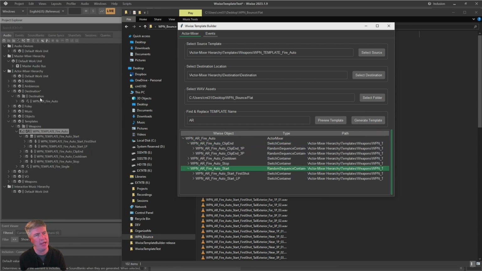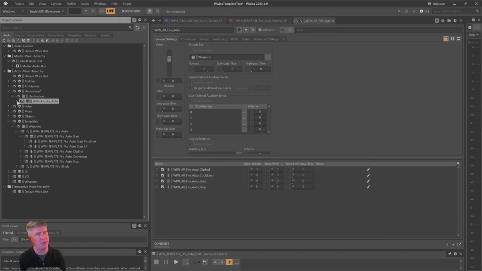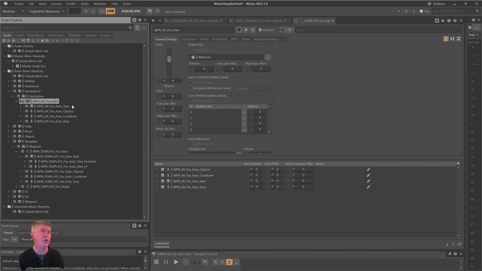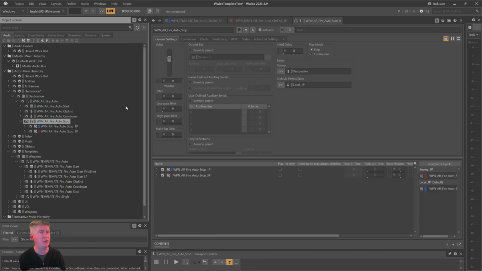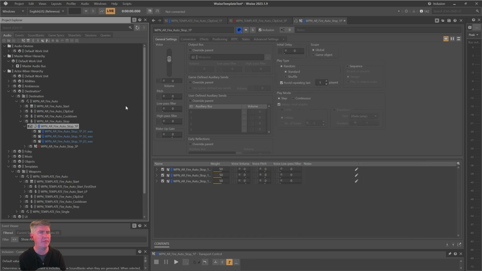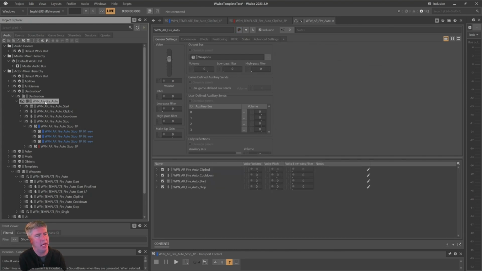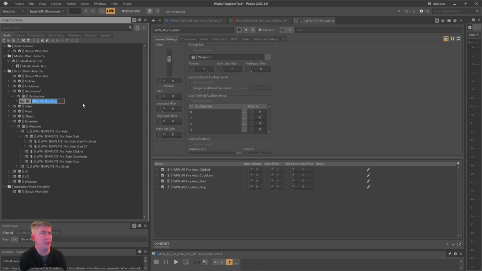And when we do that, if we look now over in this destination folder, we will see magically that our template has been moved over. The template string has been changed for the new weapon that it is. And if I navigate into the new actor mixer structure, we see our new audio files. Any of the properties would be copied over, and we now have a new structure with all of our WAV